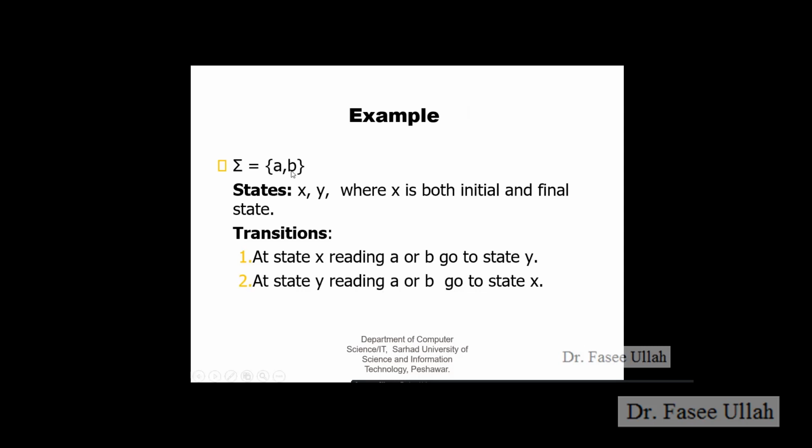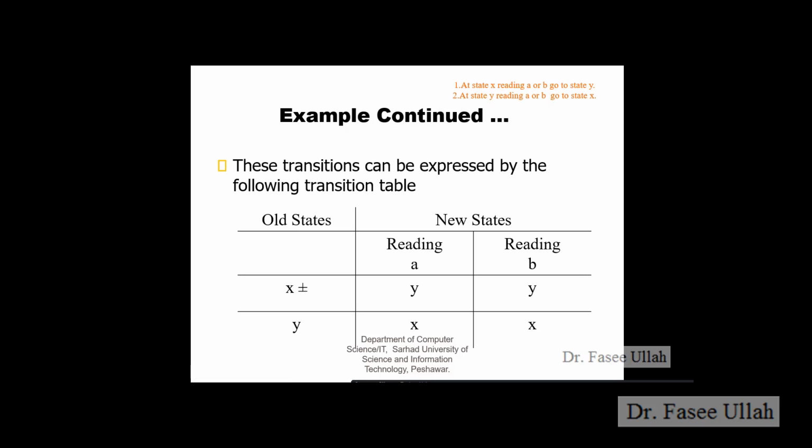Another example we have, the input is a, b, okay. The states are x and y, okay. So what is the condition over here at the beginning, okay. X is both initial and final states, okay. So it means we have like a for loop, if I understand at the very first step over here, okay. So what is the transition? So these are transition, okay. These are the condition you may call. At x state, reading a or b, go to state y, okay. At y, reading a or b and go to x, okay. So this is very simple. Keep in mind